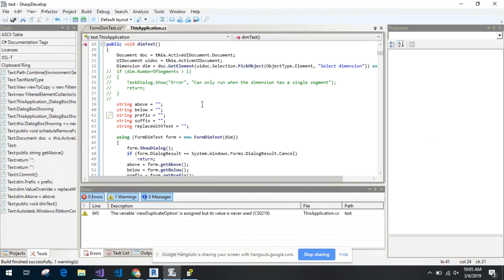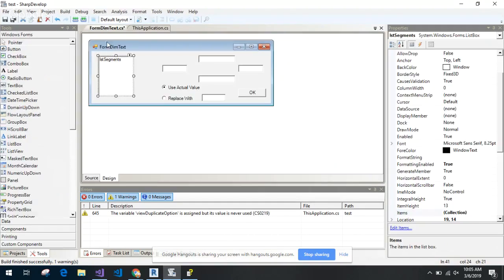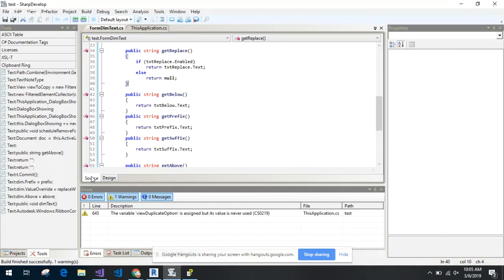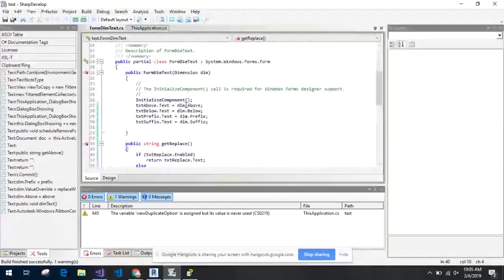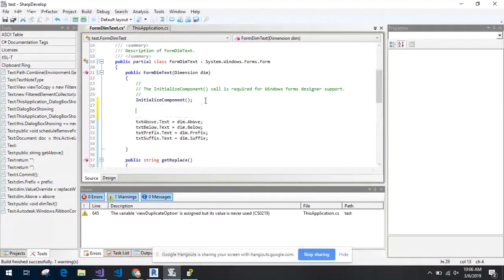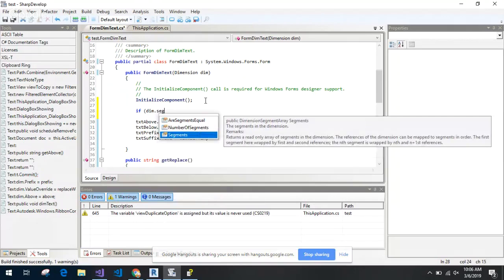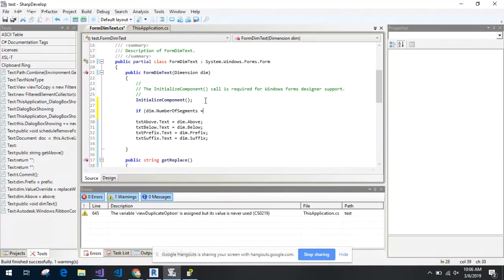And now in here, we're going to branch the code a little bit so that we say, first of all, if the dimension segments is equal to 1,